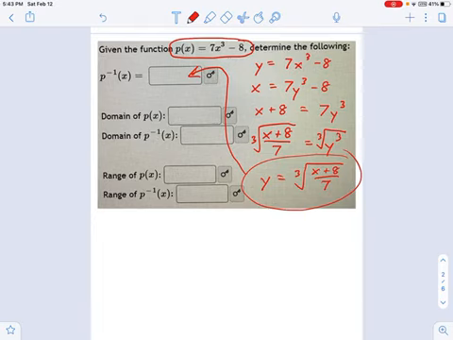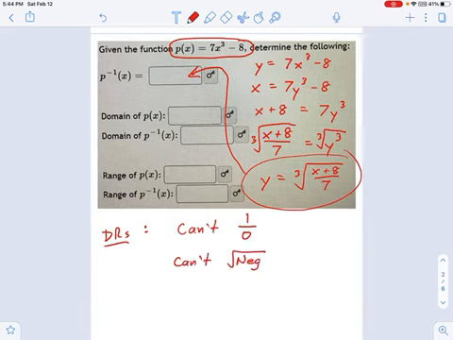So now getting on to the domain and range. For this one, I'm going to talk about domain because there are two sources of domain restrictions. And if you know the domain restrictions, you can figure out the domain. Domain restrictions come from the fact that you cannot divide something by 0, and you cannot square root a negative.